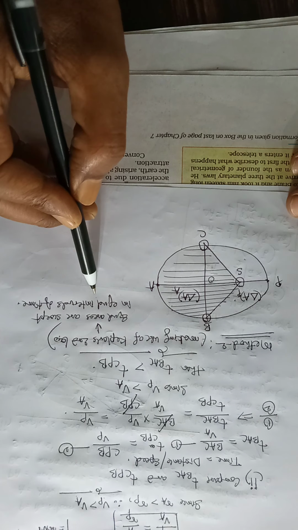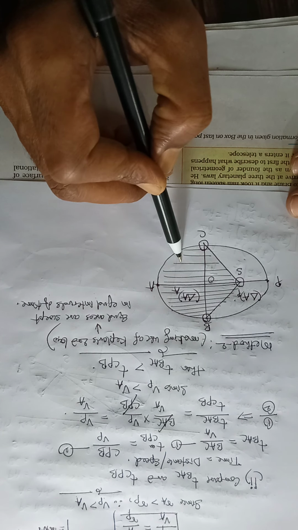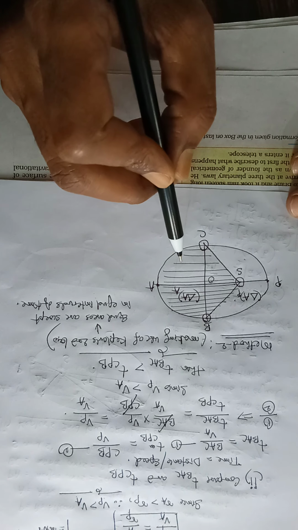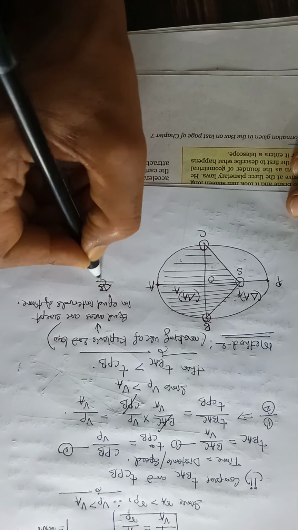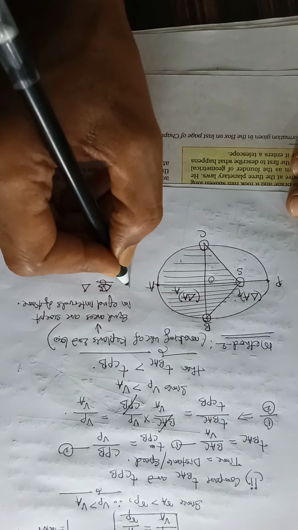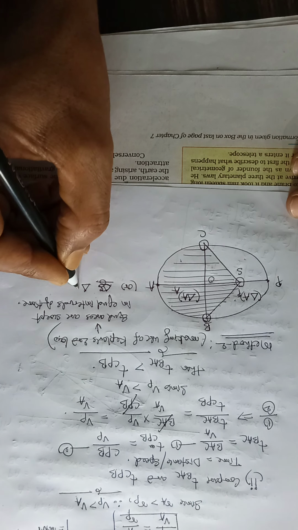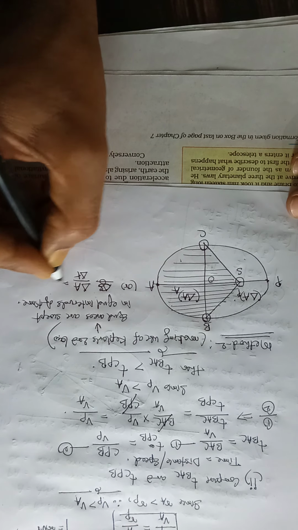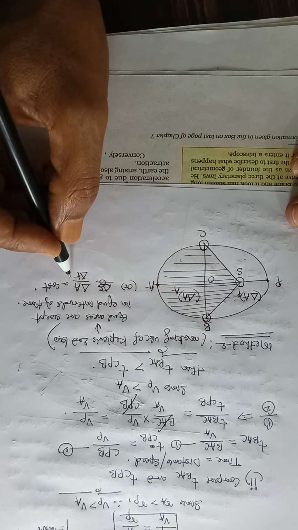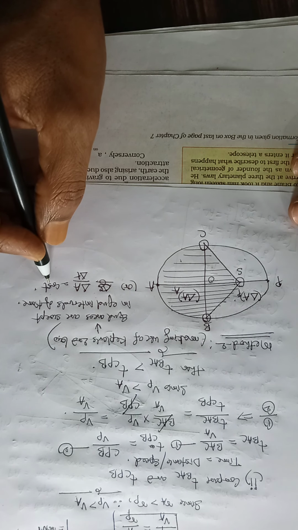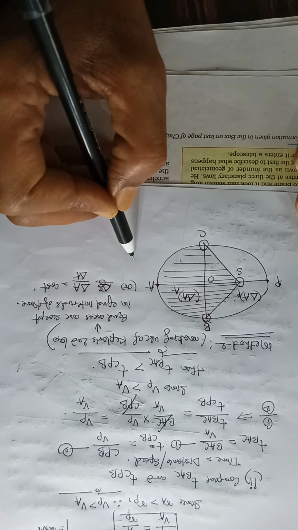And you can say more area is swept in more time, less area is swept in less time, because we already proved that aerial velocity, see, this is the statement. Now this can be expressed in another way also, Kepler's second law. What is that? Aerial velocity is constant. Area swept in 1 second is constant wherever you take. Whether you take it at aphelion point or you take it at perihelion point, the area swept in 1 second is constant.